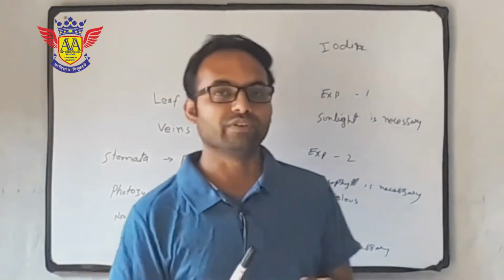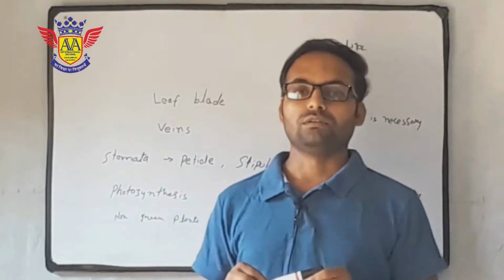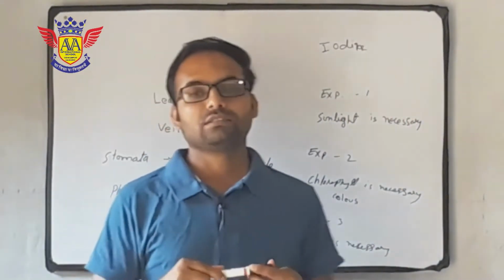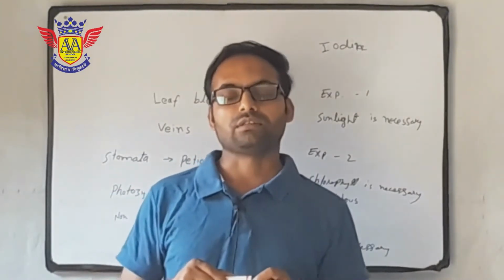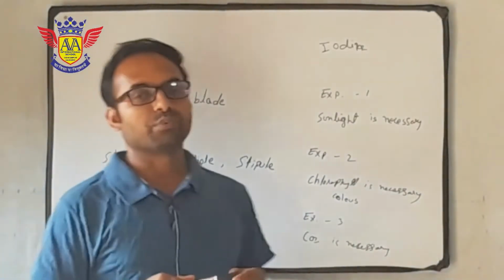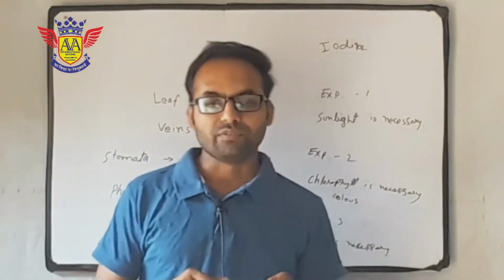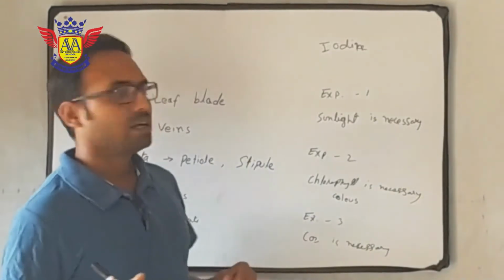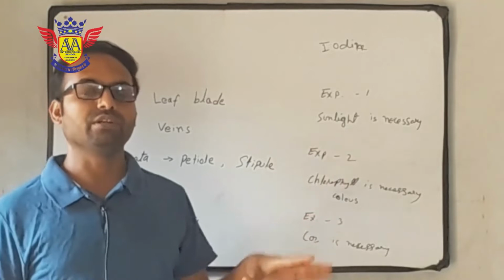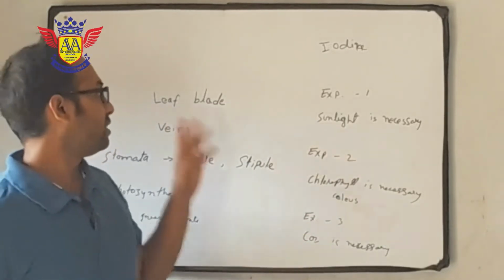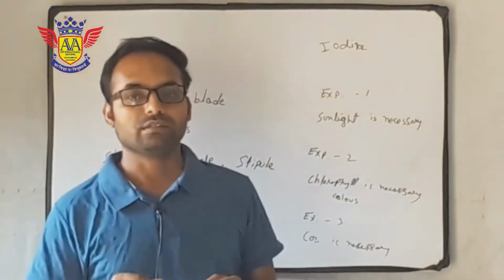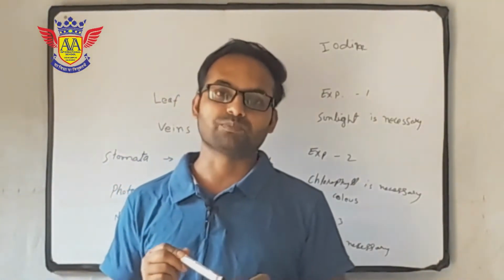Before moving ahead, let's look at the summarized part of this chapter, which was the first chapter of your NCERT science book, food making process in plants. Have a look at a topic that we need to study deeply. First, we studied the plants. Why do we need to study the plants and their parts?